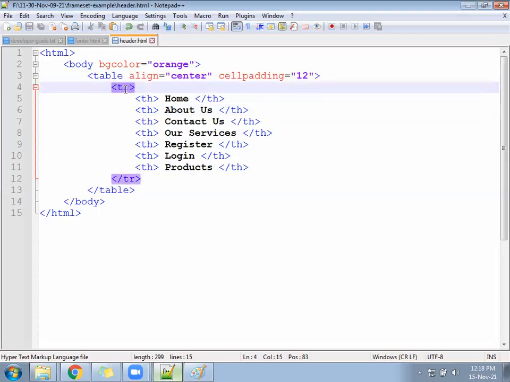So we are ready with two files: header that will come on the top, footer that will appear at the last. The next file is required, one more file: welcome, and welcome will be coming in the center. Then these three files will be integrated with the fourth file. So hope you're ready. Let me share this code in the chat.